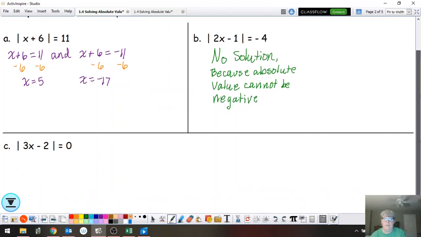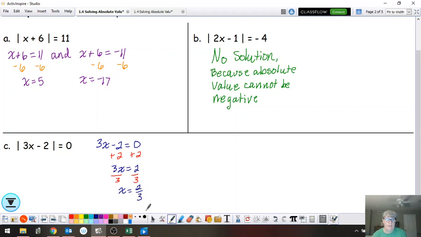And let's take a look at the third equation. We have absolute value of 3x minus 2 equals 0. Well, there's only one number that's 0 units away from 0, and that one number is 0. So our only equation to solve is 3x minus 2 equals 0. I'm going to add 2 to each side of the equation. So 3x equals 2. Divide both sides by 3, and x equals